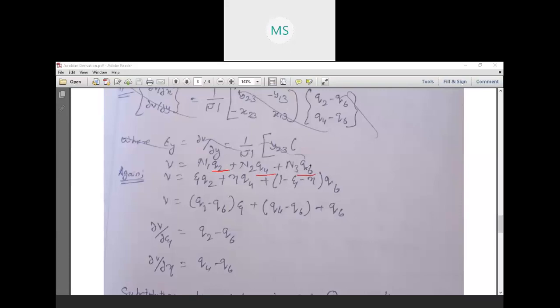q2, q4 and q6. Substituting the value of n1, n2 and n3, we'll get eta q2, zeta q4 plus 1 minus eta minus zeta into q6. Taking out eta and zeta, oh sorry, I forgot to write here zeta. Here zeta will come. Taking out eta and zeta common, because we want to get the value of